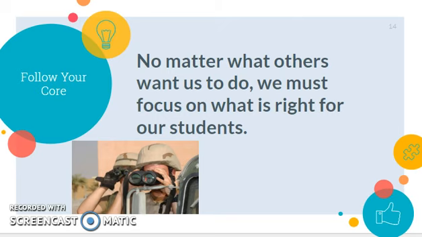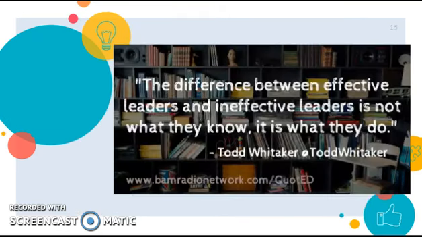This also comes along with creating a safe culture. It starts with the principal, then spirals to the teacher, which in turn increases the likelihood of the teacher creating a classroom where students feel safe and encouraged. In a school, everybody is obviously doing what is best for the student. In order to do this, though, the principal must always think of the teacher first. The principal doesn't have to be the smartest person in the room. They just have to know how to meet the needs of their teachers so that every day their teachers want to come to school and are motivated to do their best for the students.